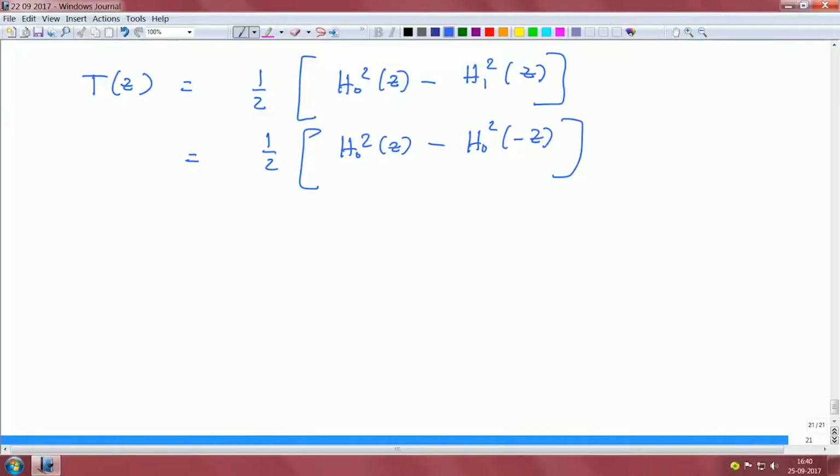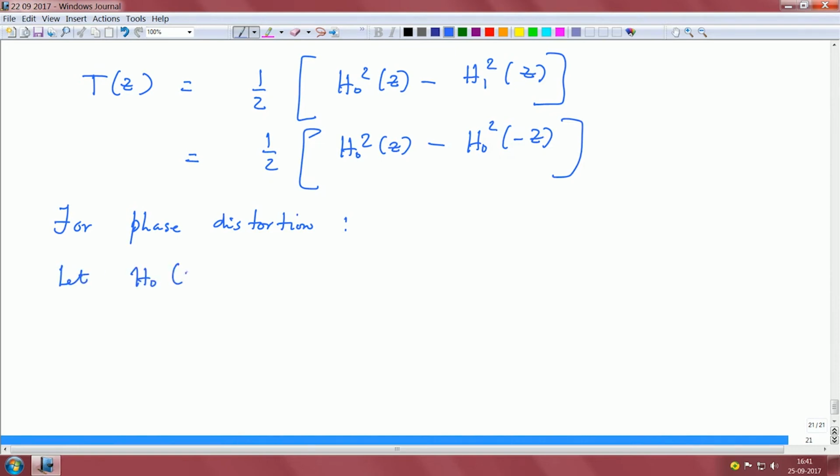So, this gives us an idea that we can start with this distortion function and figure out how we have to design the filter H naught of Z that can eliminate amplitude distortion. Okay. Now, the phase is a little more interesting. So, let us get towards the phase distortion. For phase distortion, let us consider